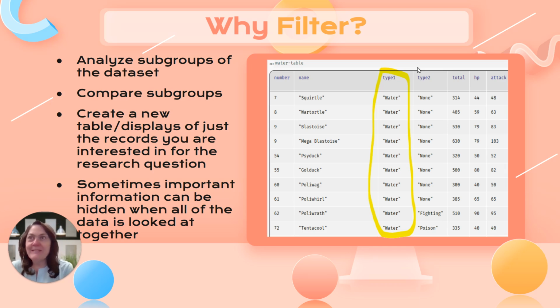You know, that Pokemon data set that we have, students love that one. Maybe they just want to look at a subgroup like water types and see how their attack points distribute. Or maybe they want to compare some subgroups and say, how do the water types compare to the fire types? And let's make some histograms. And so they might create a new table of just water types, a table of fire types, and then make some displays of each and show how those histograms or box plots compare for each other